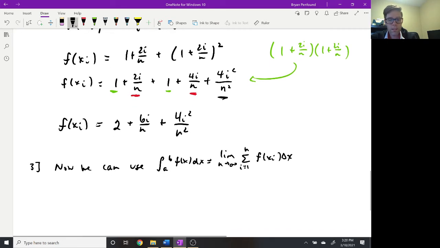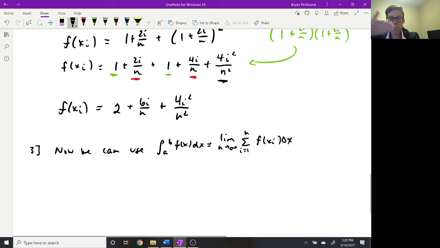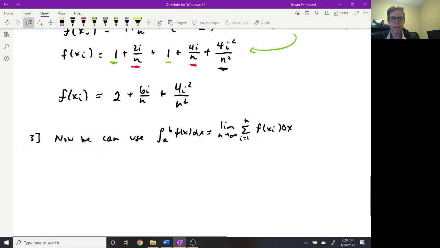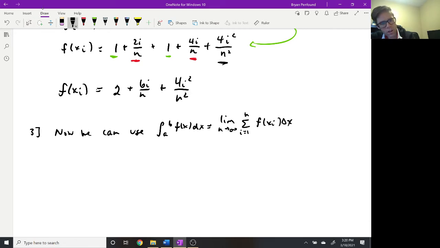So the formula says the integral that we start with should be equal to the limit of a sum of approximating rectangles. So let's start with the integral we have. We have the integral from 1 to 3 of, I think it was x plus x squared. Okay, and this should be equal to the limit, as n goes to infinity, of a sum of